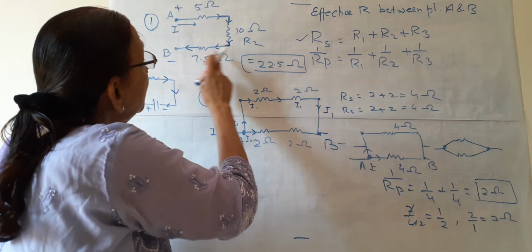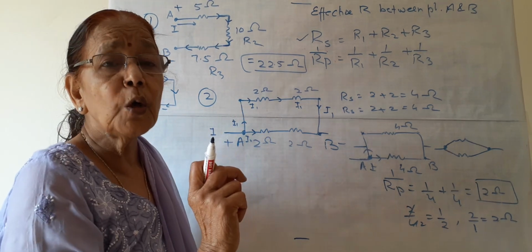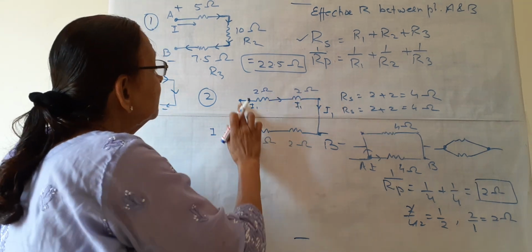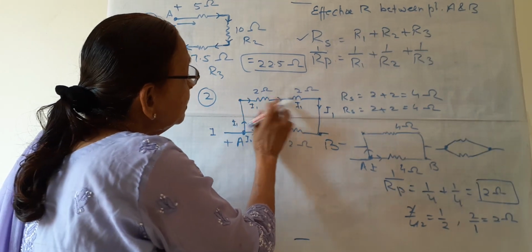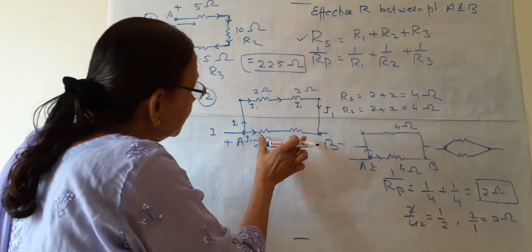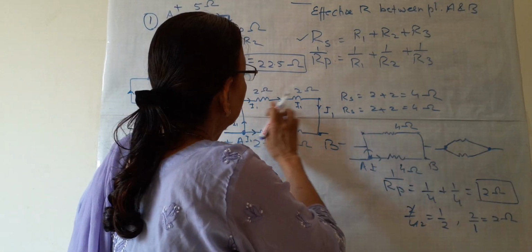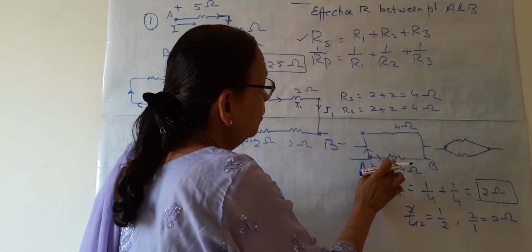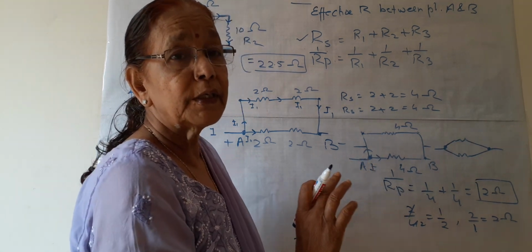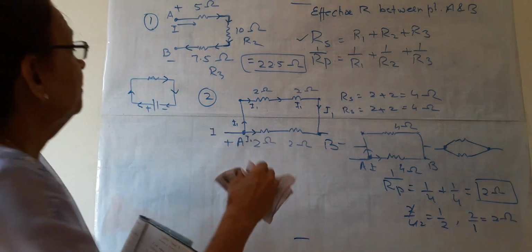Now, have you followed how you will differentiate between series and parallel? If current has only one path, it is series. If current is divided into two or more paths, then they are in parallel. The same current which is here is going into these two, so these two are in series and these two are in series. If we redraw this circuit, these two make 4 together, these two make 4 together, and now this and this are in parallel. This is how we can differentiate between series and parallel.